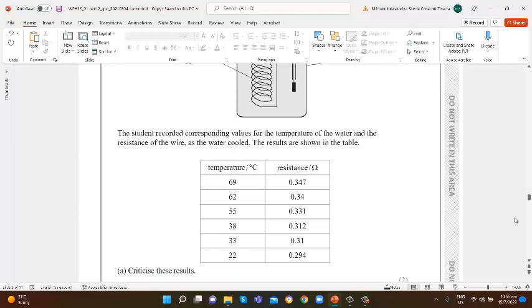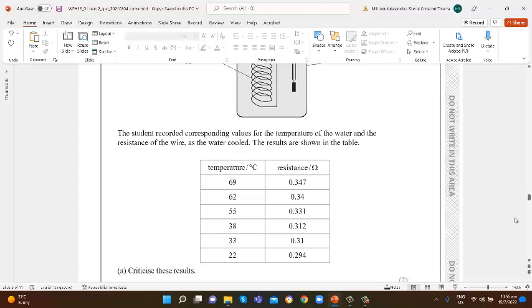There can be anomalous results and many mistakes while doing experiments. So criticize these results means you have to say something about the results, maybe a mistake, anything you can criticize. You have to give your idea about this. So when you look at the temperature and resistance data,